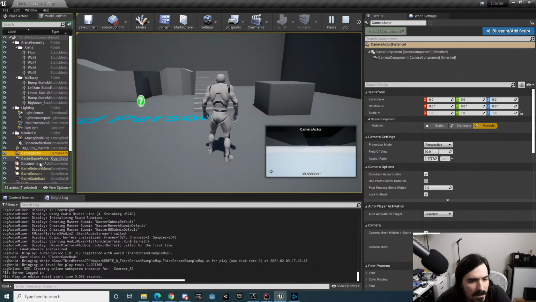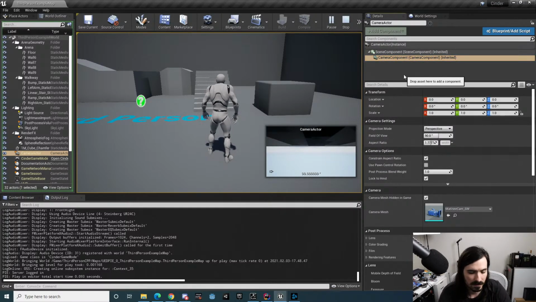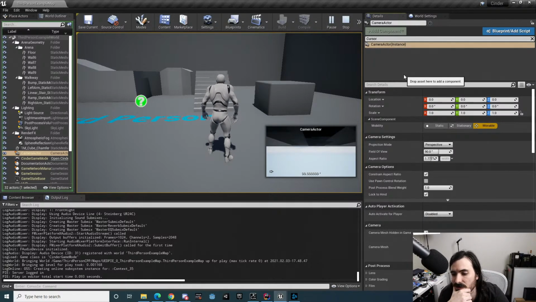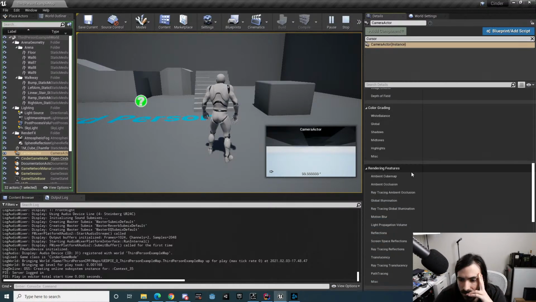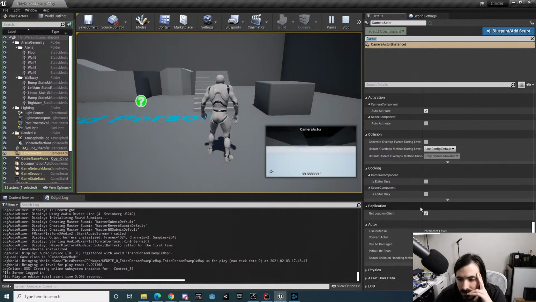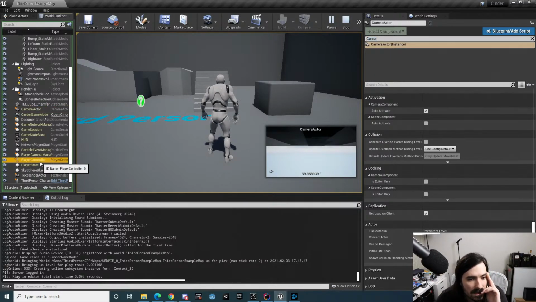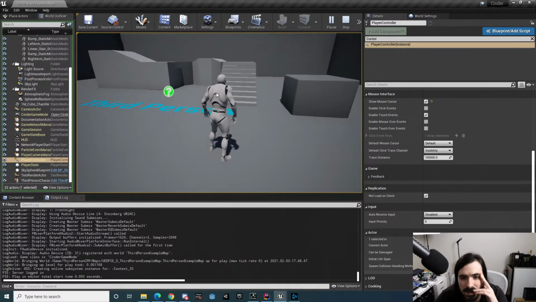Ooh, camera. Was it the camera actor maybe? I am on the camera actor. Let's see here. So what I want to do is enable the cursor so you can see it. Now, I need to find that setting. I don't remember where it is here. I think it's in, oh, here it is. Show mouse cursor, yeah. So we enable this, and then when we click back in, right, we get this, and